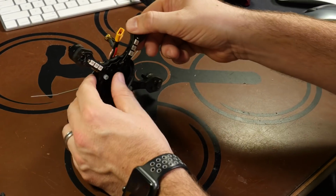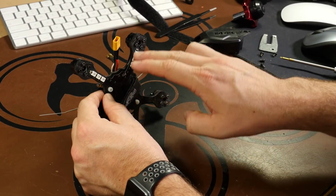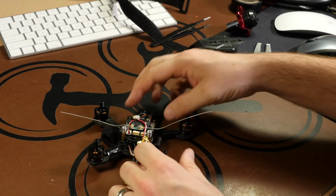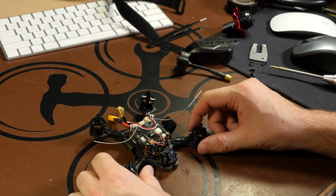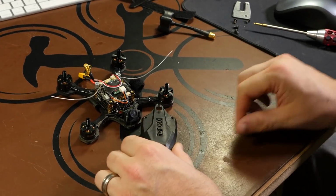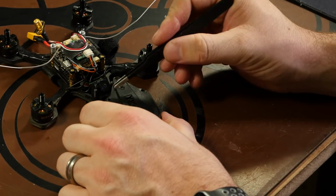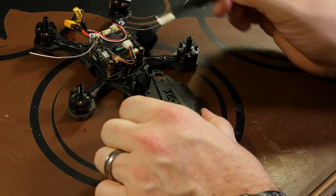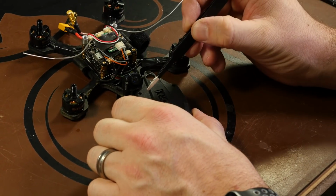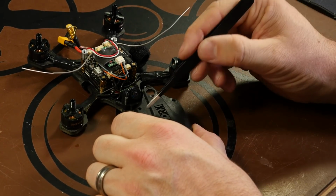Now the frame in the LED strip is designed to have the antennas wrapped through the holes and places along the bottom. Now however, when we've been testing this, we get a lot of fail-safes doing it that route. So I'm going to try a little bit different route, and what I want to do is on our canopy, just right here on the top, these two holes will be for the screws to hold the canopy in place. So right beside those, I'm going to drill just a little hole to allow our antennas to come through,